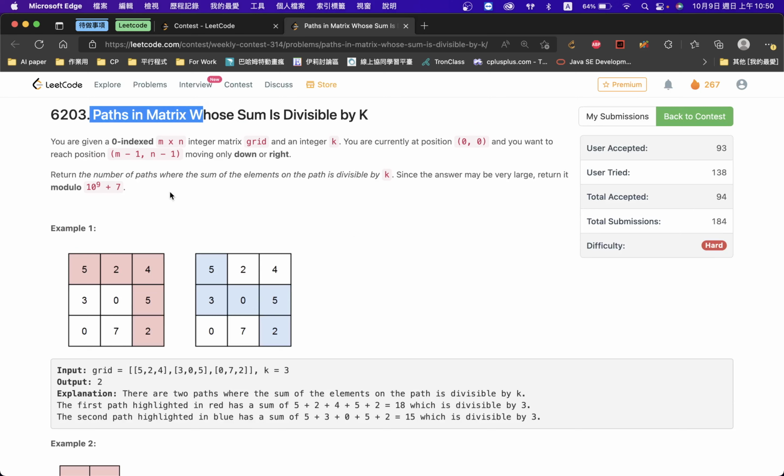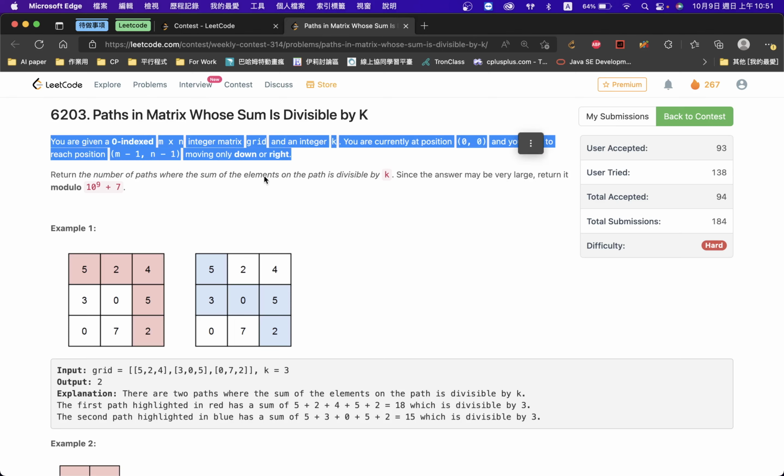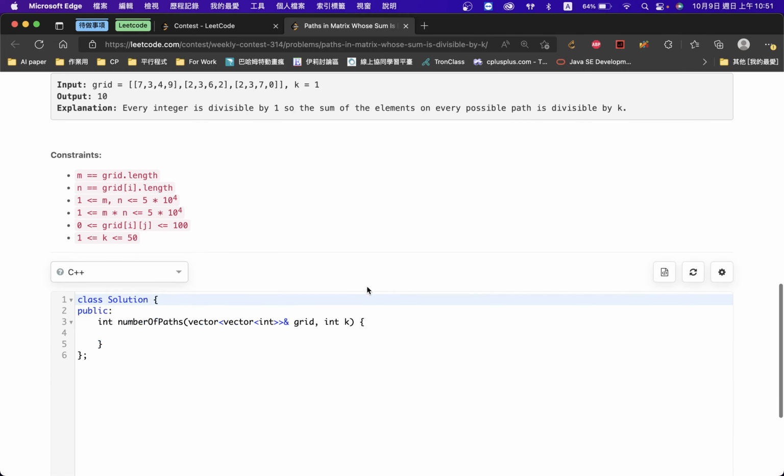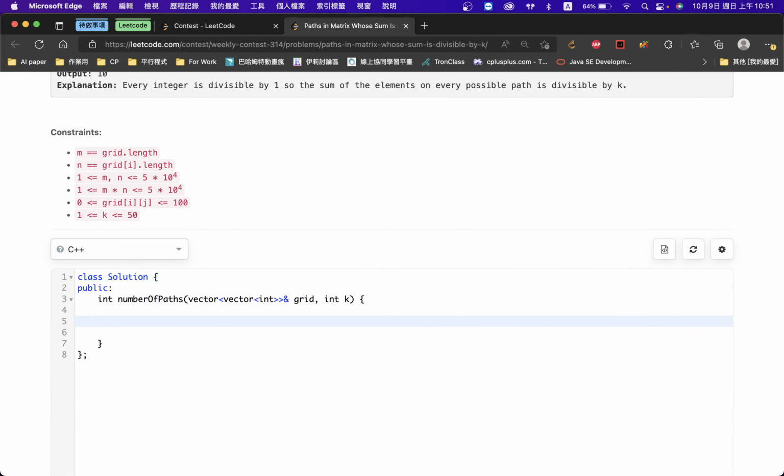Passing matrix whose sum is divisible by k. So given the grid and indicators we want to reach, move down or right, and count the number of paths where the sum of elements is divisible by k. So that means, right? So its idea is that we... Right, so this problem is simple. Actually, here is dp,